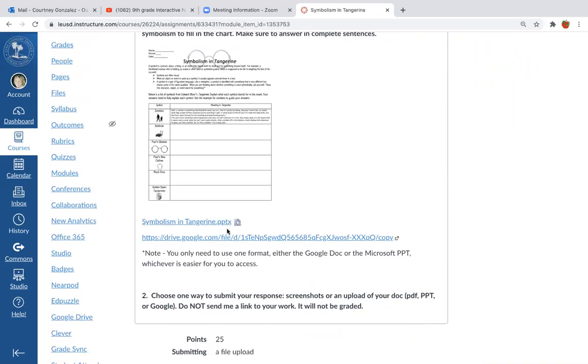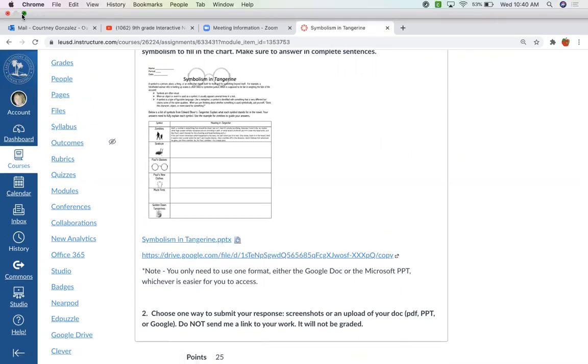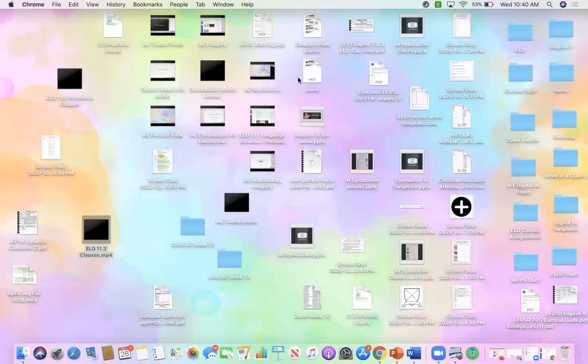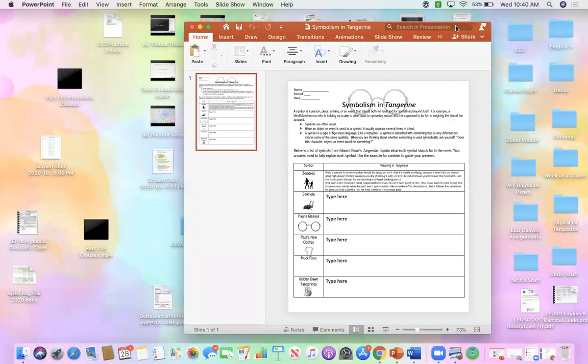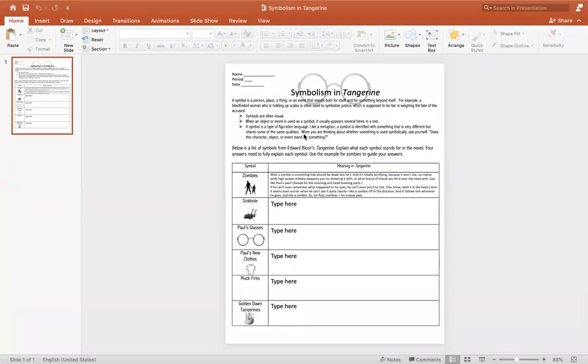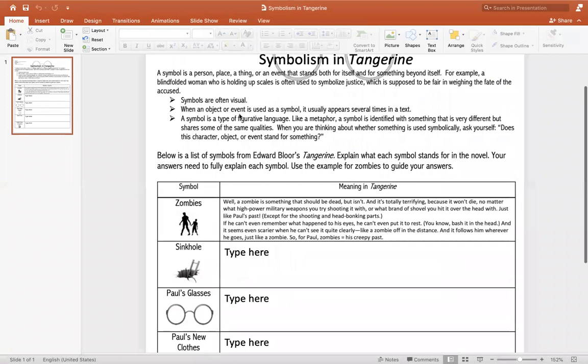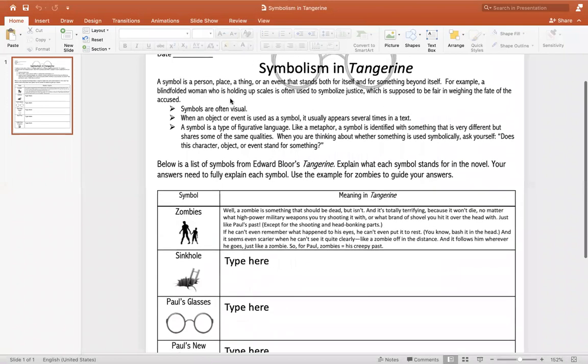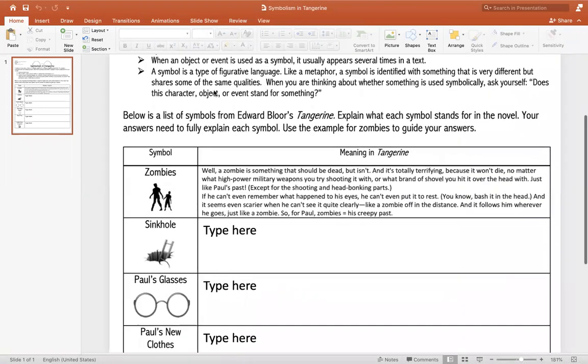Go ahead and open up whichever one is easier for you to access, the PowerPoint version or the Google version. I'm going to open up the PowerPoint since I have it on my desktop. Okay, I'm going to zoom in. Ignore the name stuff since we're going through Canvas, but just as a quick review from what we've learned this week,